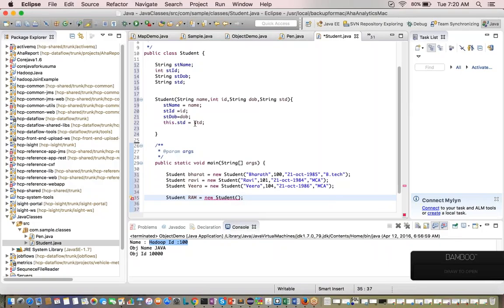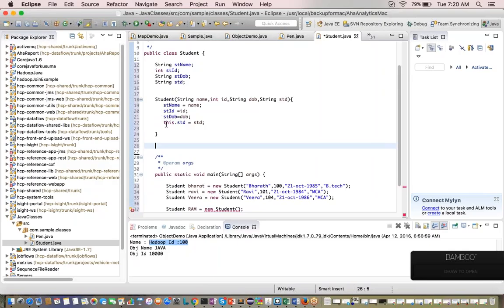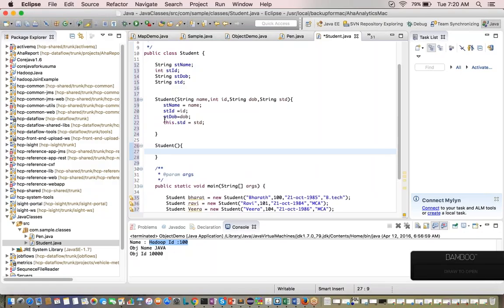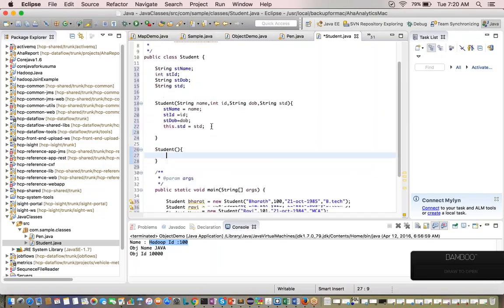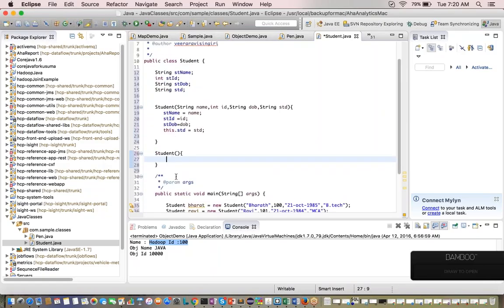If I have a parameterized constructor and I didn't write a default constructor, the constructor without parameters is called a default constructor, and the one with parameters is called a parameterized constructor. Let's assume I'm just writing it like this. It'll allow it now. But how will I assign the values here? You have to hard code the values, because I'm not taking any values by default. Here I have to hard code, say, Hadoop,